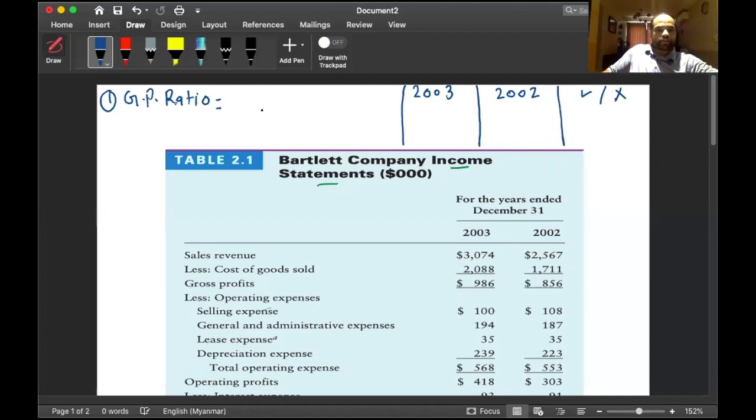The gross profit ratio formula is gross profit divided by sales multiplied by 100. So quickly calculate the gross profit ratio